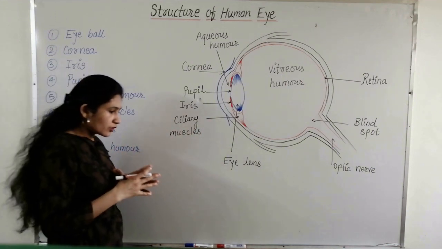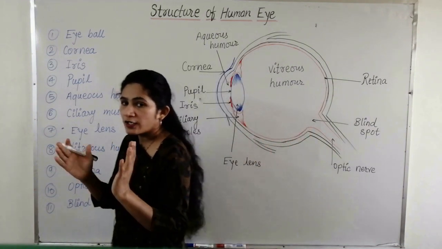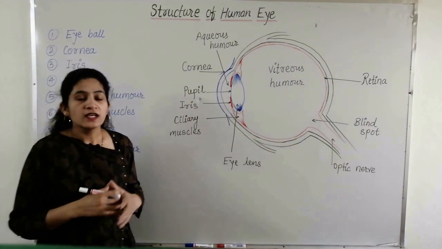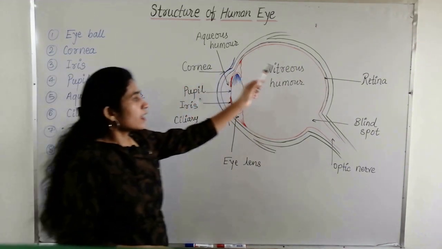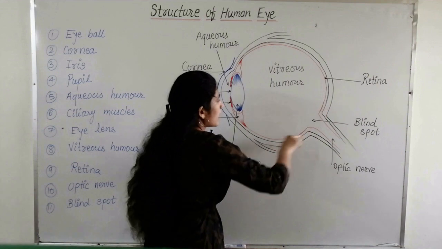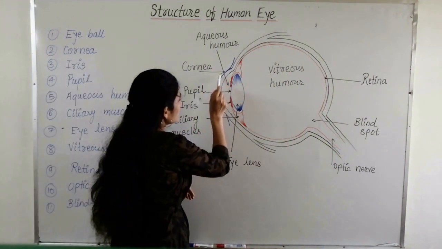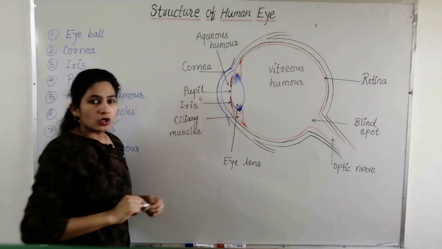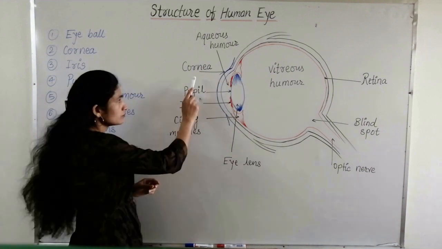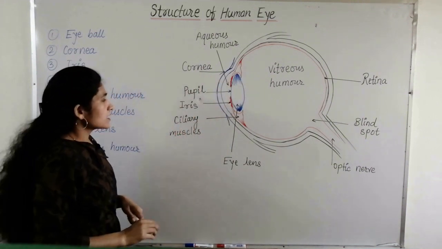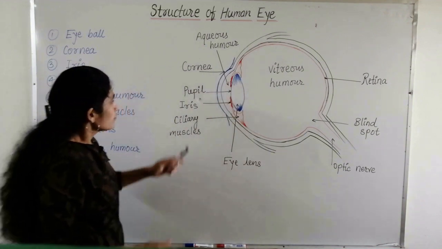As we have discussed before, when light is incident on an object, it gets reflected. The reflected light enters our eyes and we can see the object. The human eye consists of the eyeball, which is nearly spherical in shape. This front outer bulging part is known as the cornea. It allows light to pass through it. The cornea is made of transparent material so that it can allow light to pass through.